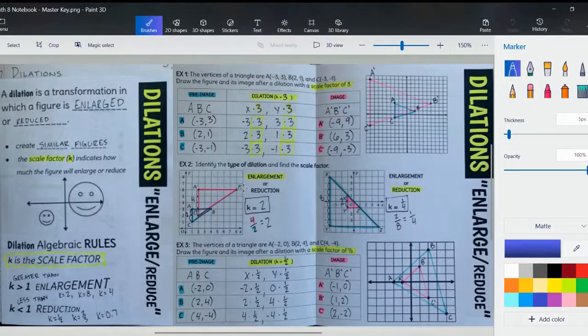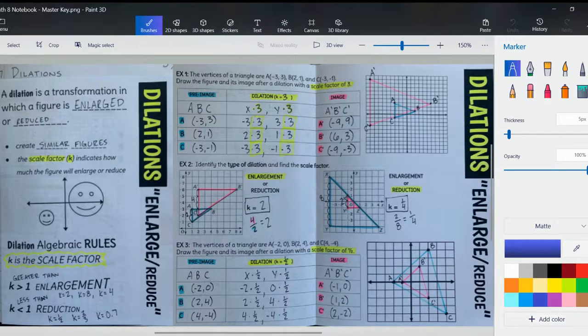Hey guys, today we will be doing 2.7, which is all about dilations. This is the last type of transformation we're going to learn about. It's the last one in the series of translations, reflections, and rotations. And dilations are a little different. We'll get into why in just a minute, but they're the only ones that don't preserve the size of the